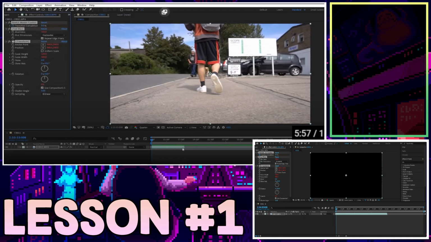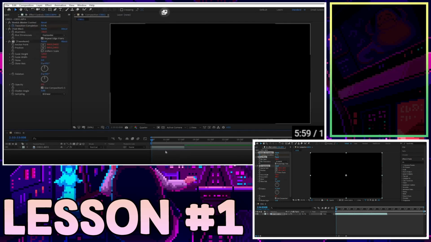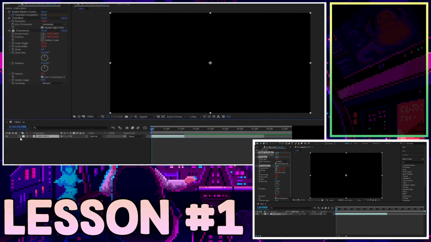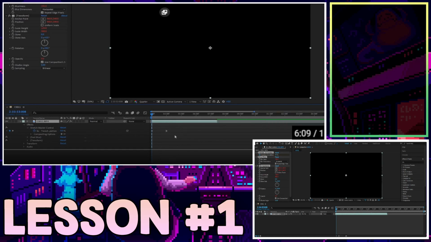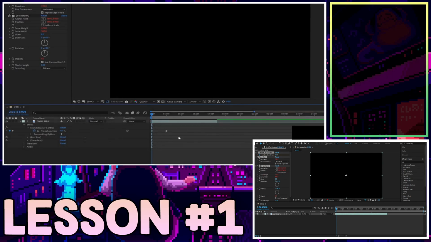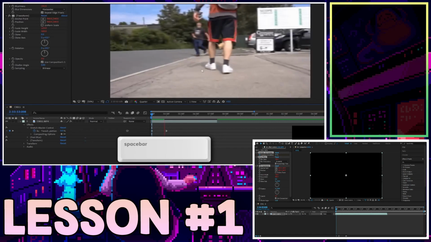Sick. It's going to disappear off the screen because it has started a transition. And now if we come here and press this little arrow to open it up, then a further arrow, and the further arrow to open the stretch up, what's happened is keyframes have been created here. So when we press spacebar to play, our clip